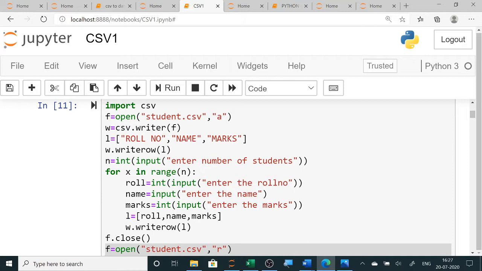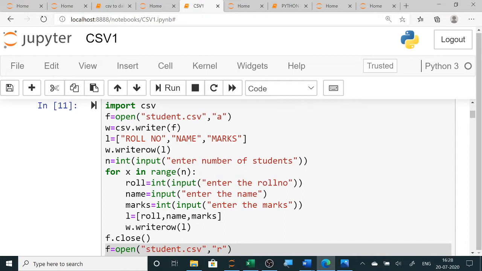So here the first program is a student.csv file. In this you can see import csv is required because we are going to use csv.writer, csv.reader and writerows. So import csv you have to do. Then f equals open student.csv in append mode, same like text file and binary file. A CSV file you can create in Excel, or directly from here. Here I am creating it from here only. So student.csv in append mode, I have called the writer function of csv, and I am starting to write in that file.